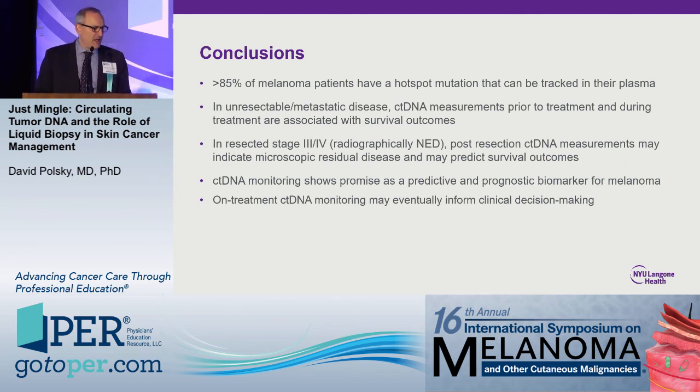So in conclusion, I think conservatively we can say more than 85% of melanoma patients have hotspot mutations that can be tracked in their plasma. In unresectable metastatic disease, ctDNA measurements prior to treatment and during treatment are associated with survival outcomes. In resected stage 3-4, who are radiographically NED, post-resection ctDNA measurements may indicate microscopic residual disease and may predict survival outcomes. ctDNA monitoring shows promise as a predictive and prognostic biomarker for melanoma,